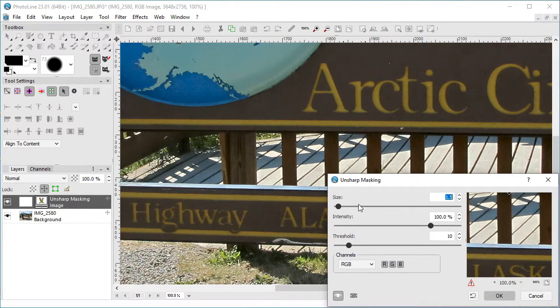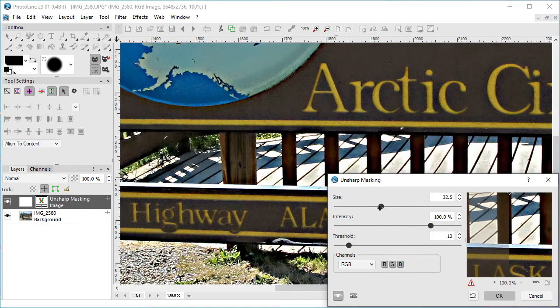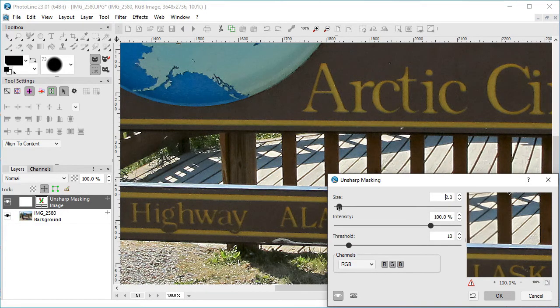Size refers to the blurring of the unsharp mask that is used to sharpen the image. As the size increases, halos become visible. Note that PhotoLine's size parameter is about 3 times larger than other applications' radius parameter. Intensity refers to the amount of the effect that is applied and is comparable to the opacity of the adjustment layer. Threshold limits sharpening to high contrast areas and can prevent the enhancement of noise in smooth areas such as